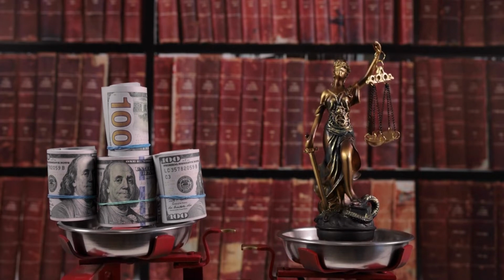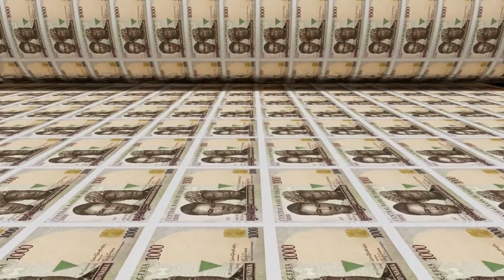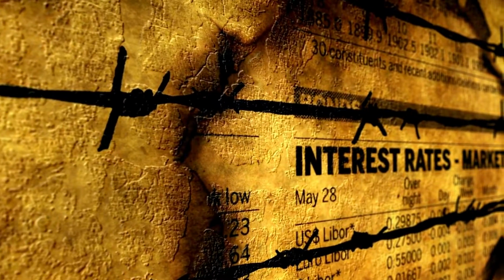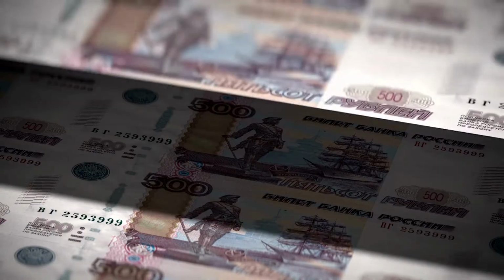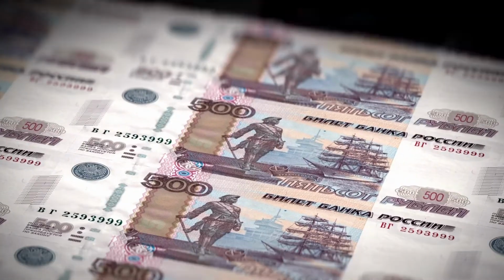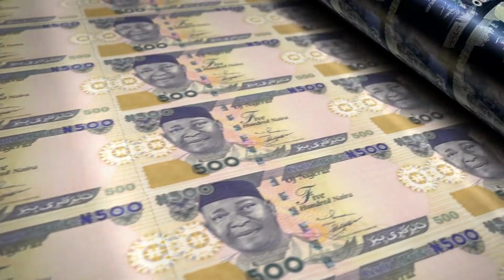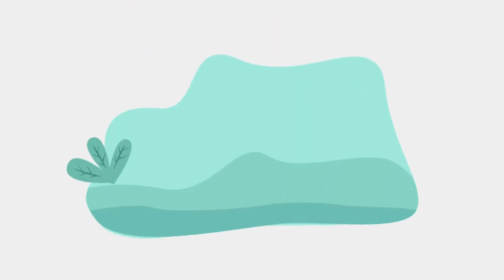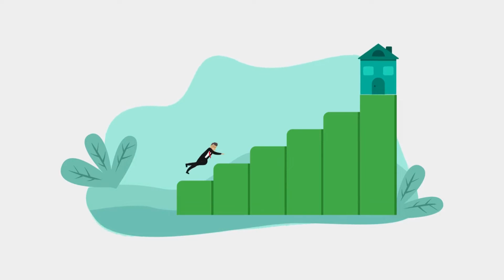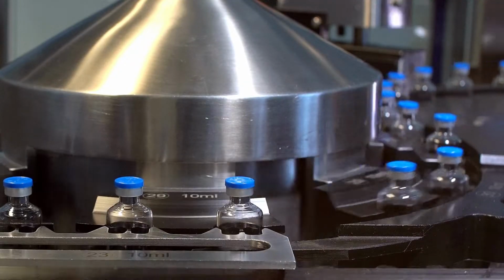Among the first category is the monetary policy of a country. This includes how much money is being printed, what the interest rate is, and what the reserve requirement is for commercial banks. The amount of money being printed is important because of the laws of demand and supply and its impact on value. The more money in circulation without an increase in production and value, the more worthless paper money becomes. Interest rate is important because a high interest rate attracts foreign investments, but this also has to be closely monitored to keep an eye on inflation.